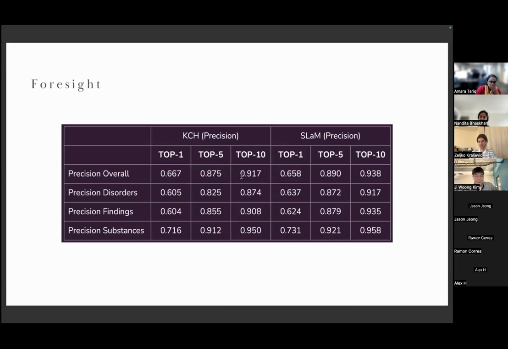If any one of the candidates is correct, then that's a positive outcome of around 92% in KCH and a bit higher in South London and Maudsley. And we have also validated,